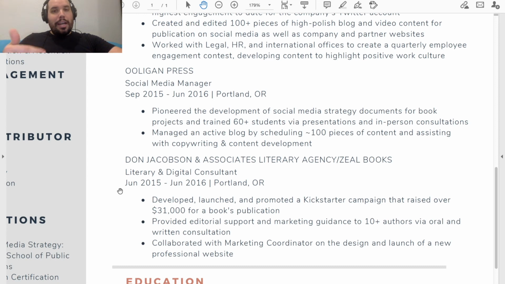But what you can do is you can highlight wow factors and you can highlight things that demonstrate your responsibility and your work ethic. So you could put something like got up every day at 4 a.m. or went in the kitchen every day at 4 a.m. to clean the kitchen and ensure that we had a kitchen that was up to health standards, right? Demonstrates that you have a very solid work ethic and you're responsible. You could put in a wow bullet like, I cooked a meal for Brad Pitt.